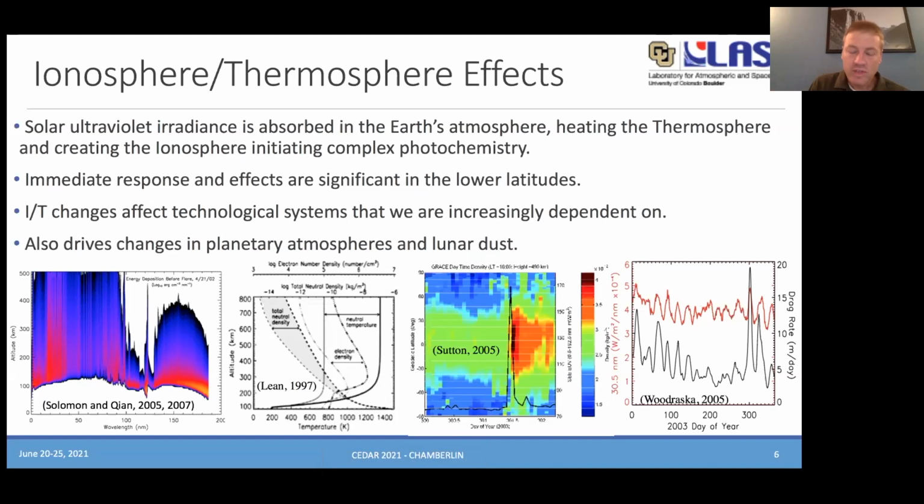And in order to do that, you need to be able to specify the solar irradiance, solar UV radiance changes in real time and at the frequency of seconds to minutes. You can't rely on a daily value if you want to do this, as you can see from the density changes due to the flare from Eric.